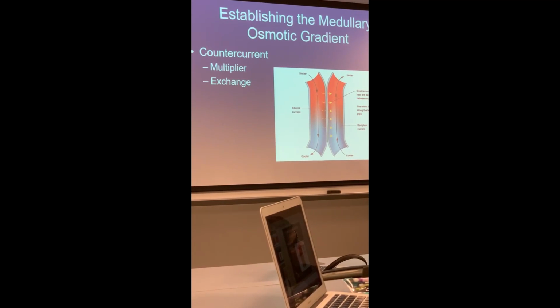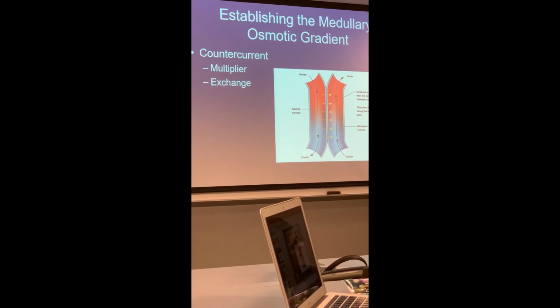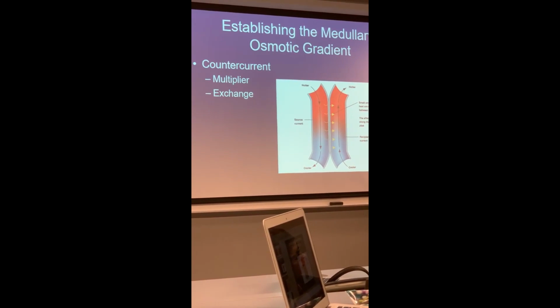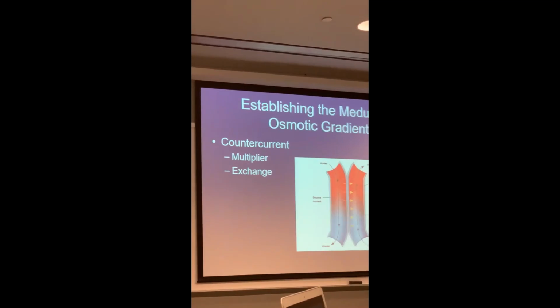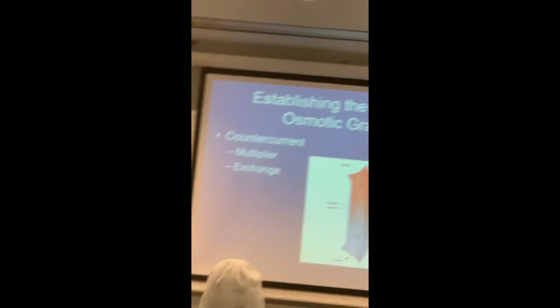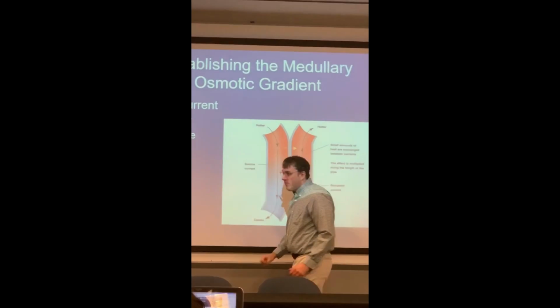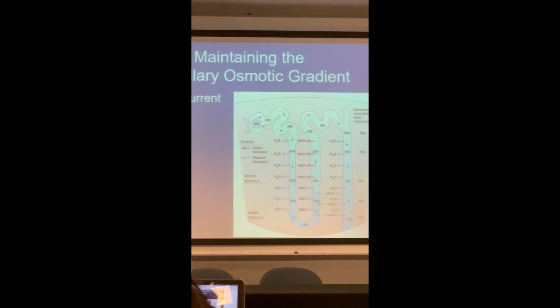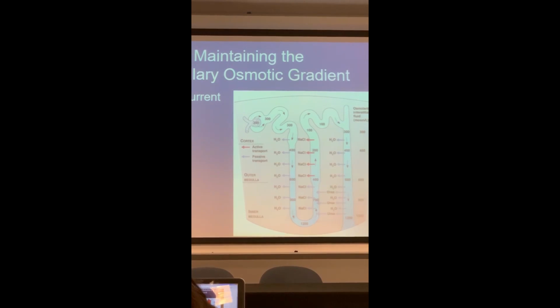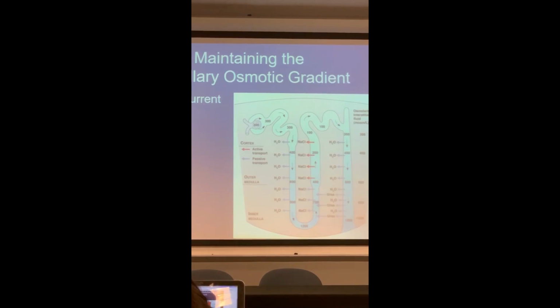Now the multiplier comes from the fact that these two are connected now in the loop of Henle, and we have an active mechanism on one side. This is what's depicted here as a passive mechanism. Okay? How do we put this into an active mechanism? Well, to help us understand that, we need to look at